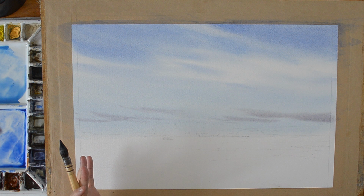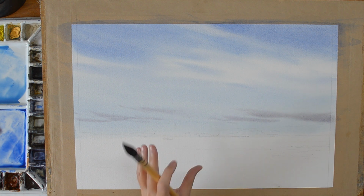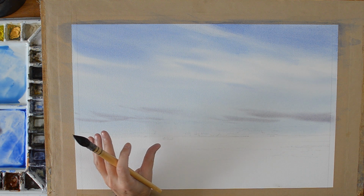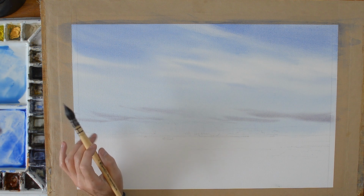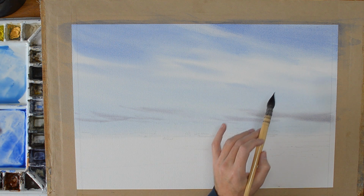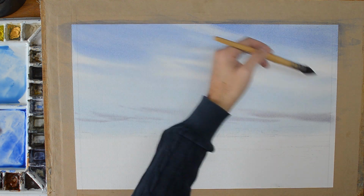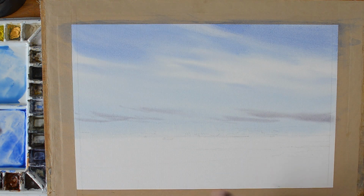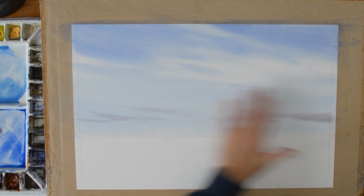Now there we are, there's the sky done, but I just want to make a couple of adjustments to it, and you can do this with skies. You don't have to do them all in one go. I've now let this dry completely. As this was drying up and as I was putting these clouds in here, I then thought, actually I want the cloud going out the top of the paper, so I wiped out this area here as it was drying up. That's fine. But in the process, this had become too dry to work on through the middle here,